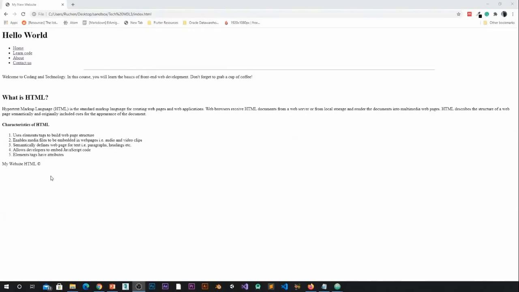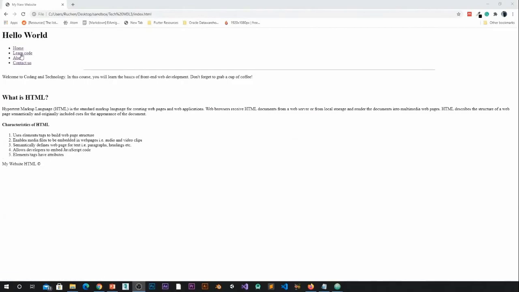Now, before we start coding in Atom, I just want to give you guys a preview of what we are going to be working towards in this practical. And essentially what you see is we have pretty much a website similar to the one we've developed in our first lesson, or our second lesson, but the only difference here is we now have links added to it. We've got a bit of extra